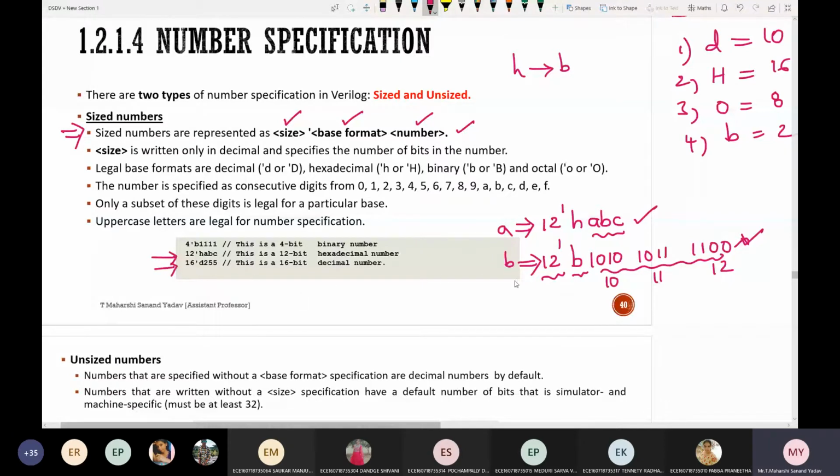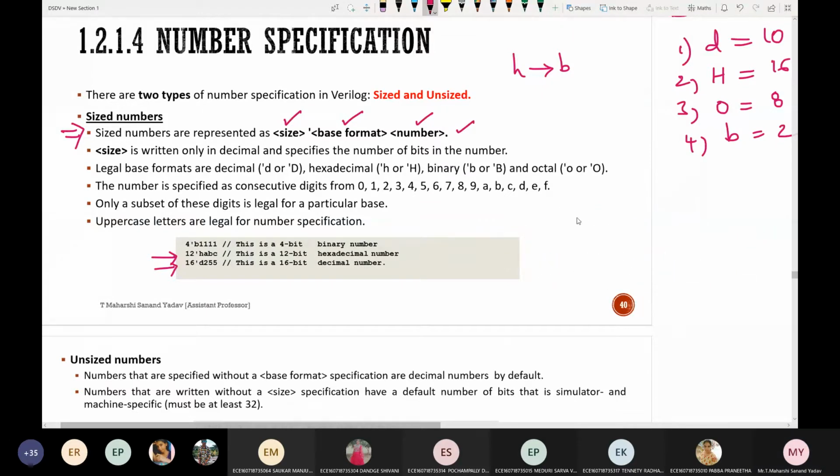Next, take this one: 16'd255. D stands for decimal, so decimal 255. How should I represent this in terms of binary?